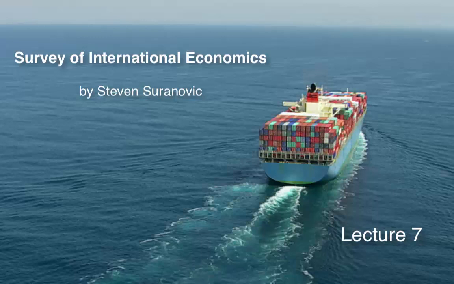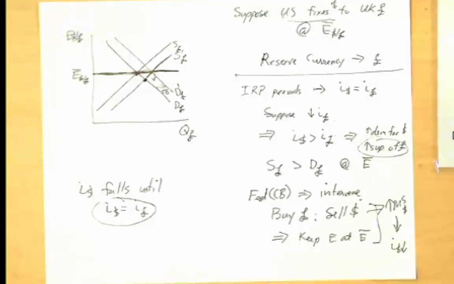This is also the last class we're going to have on international finance. So last time we're going to talk about exchange rates and balance of payments and trade deficits and stuff like that. All right, what's up in front of you is a bunch of mess from last week at the end of class, and I'm going to start by walking us through the exercise that we did at the end of class last week. The discussion at hand was how does a country maintain a fixed exchange rate